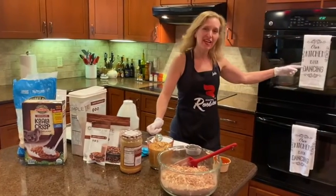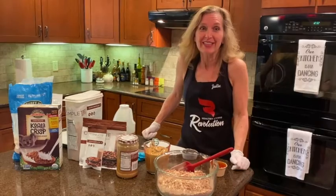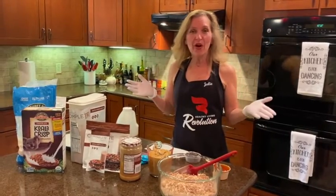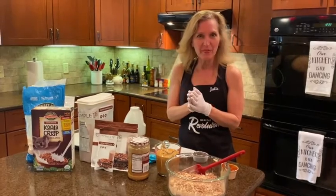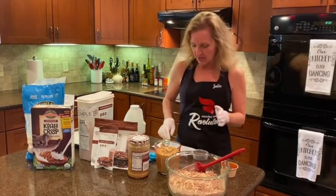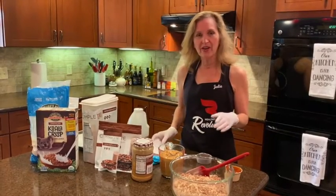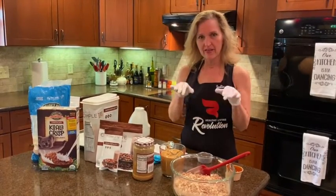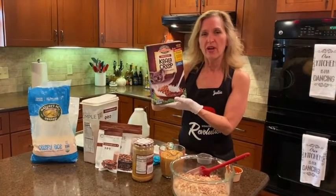My kitchen is for dancing, by the way, but it's also for cooking and preparing other good things to eat. And as part of today's recipe, we're going to be using all kinds of yummy things. We are going to make some crispy peanut butter bites. I have the recipe here that I can provide in the comments, and I'm going to start off with these